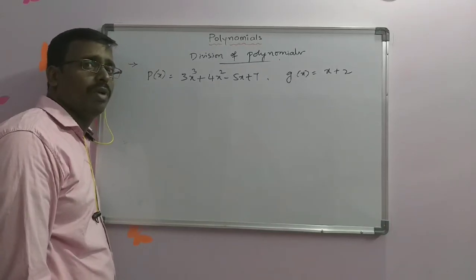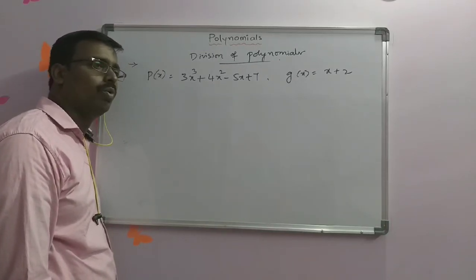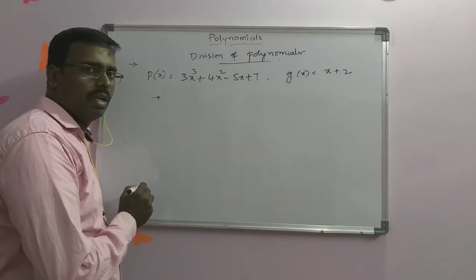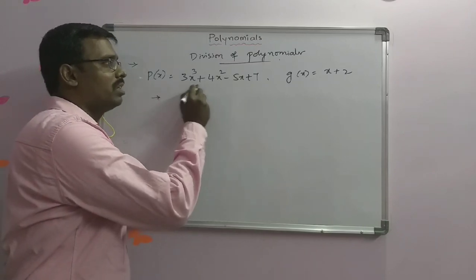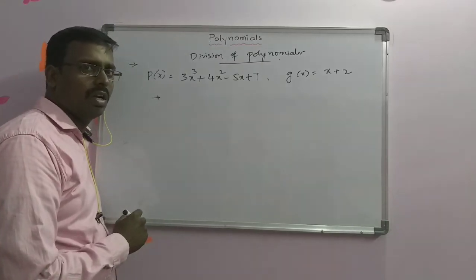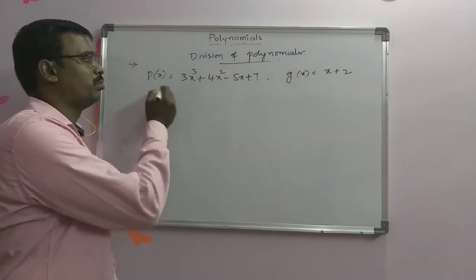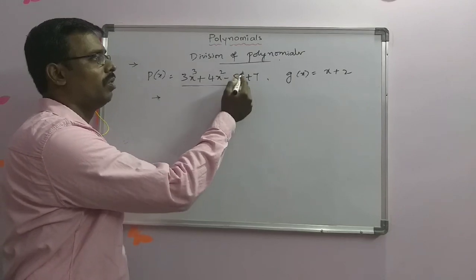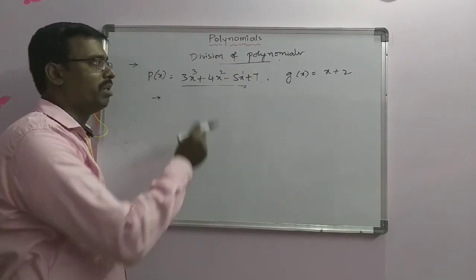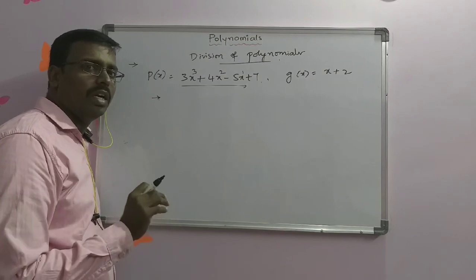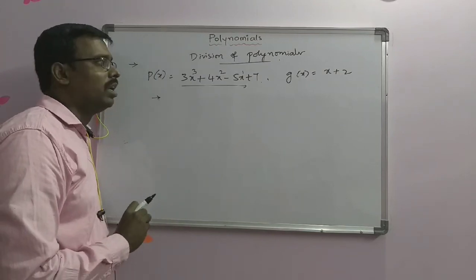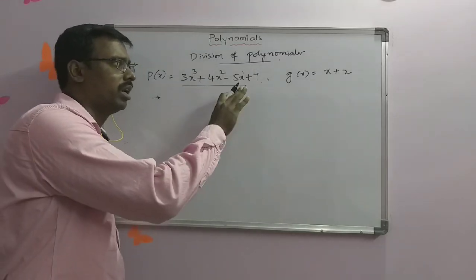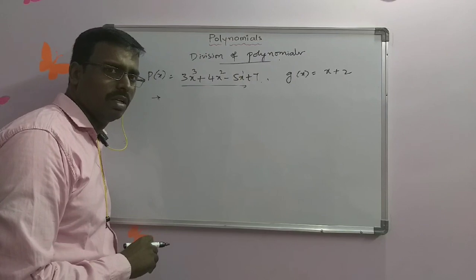Before beginning the polynomial division, you have to remember the rules of division. First rule: you have to check whether the powers of the variable are in descending order or not for the dividend. For p of x, are all the powers in descending order or not? See, 3, 2, 1 and here it will be 0. The powers of the variables must be arranged in the descending order of their powers. Here they are already in descending order, right? Now, suppose any term is missing, right?